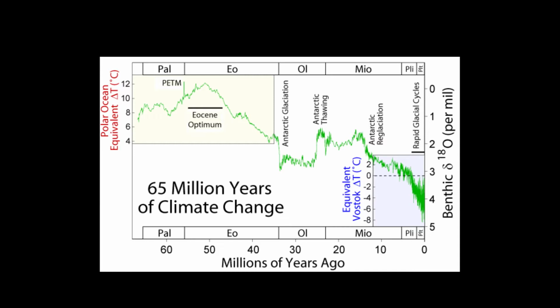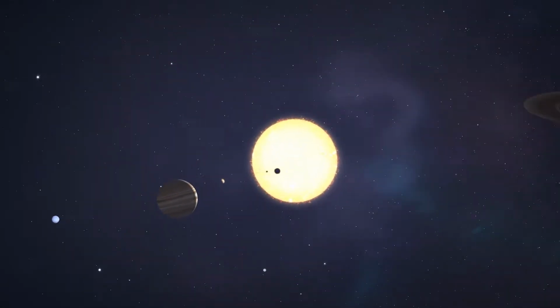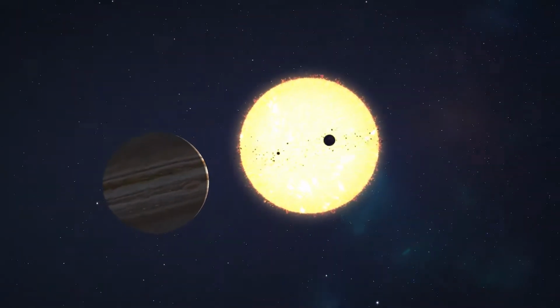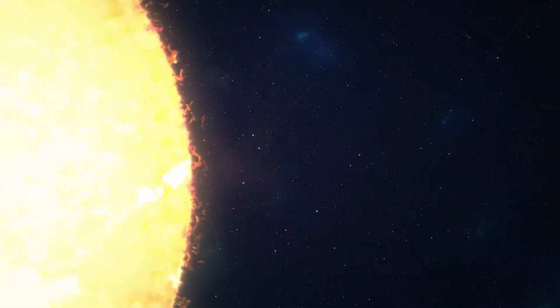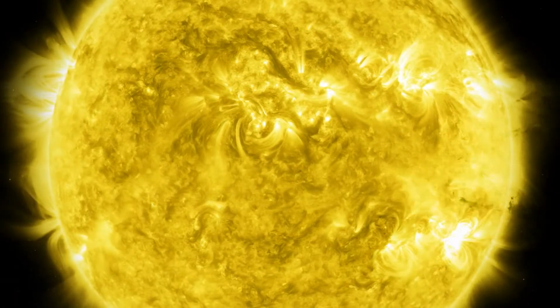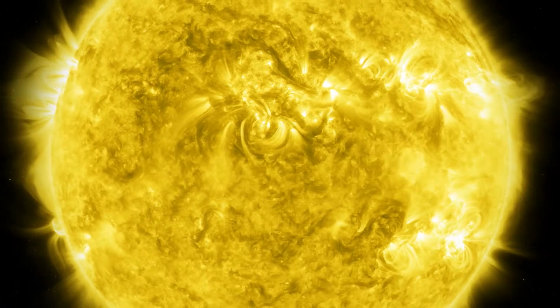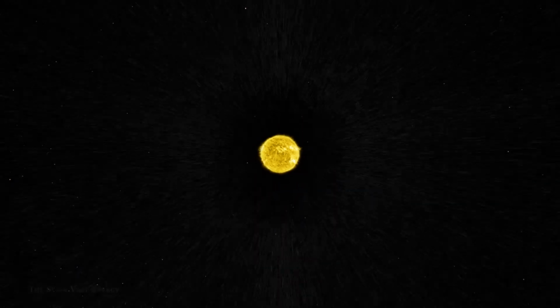So what's happening? Why does the planet start experiencing glaciations? There are many causes. First, if you talk about the formation of the solar system and our planet, all of that will affect the climate of the planet. First of all, originally, the formation of the planet, the cooling down of the surface, the appearance of the oceans, the formation of the atmosphere, the solar activity changes since its formation, the amount of energy exerted by the sun, the amount of energy produced within our planet, and the effect of the neighbor planets on the movement of the planet around the sun. All this will affect, in general terms, the climate on the planet.